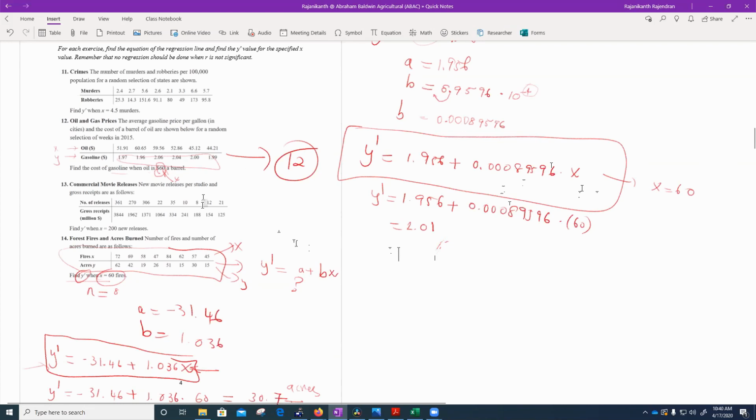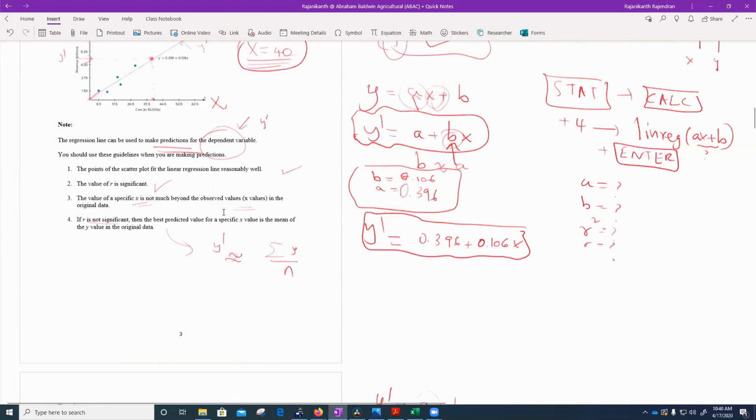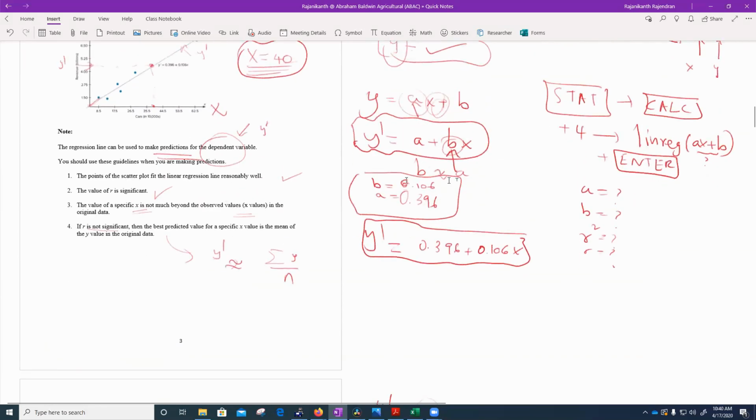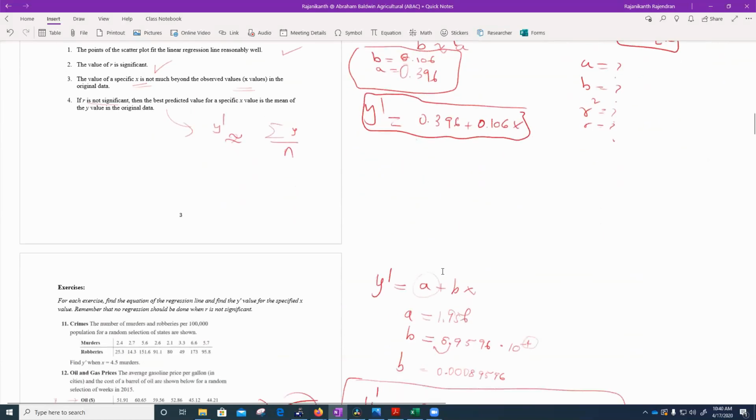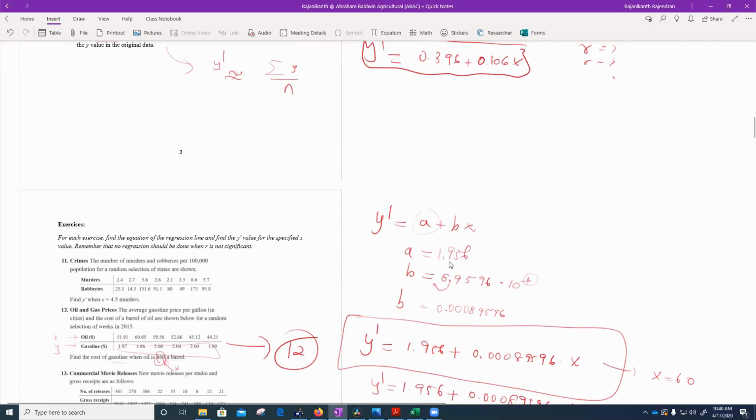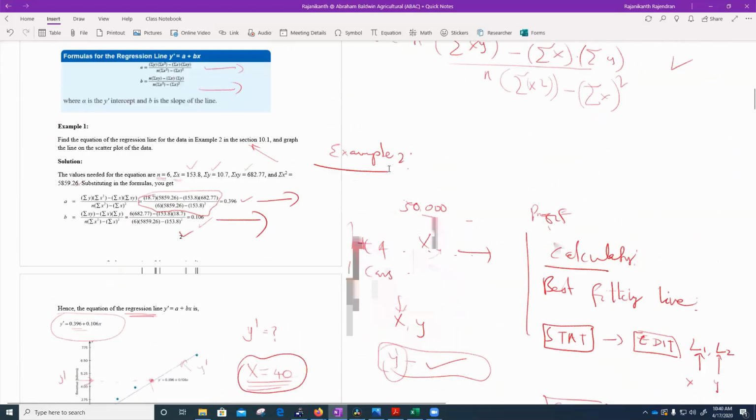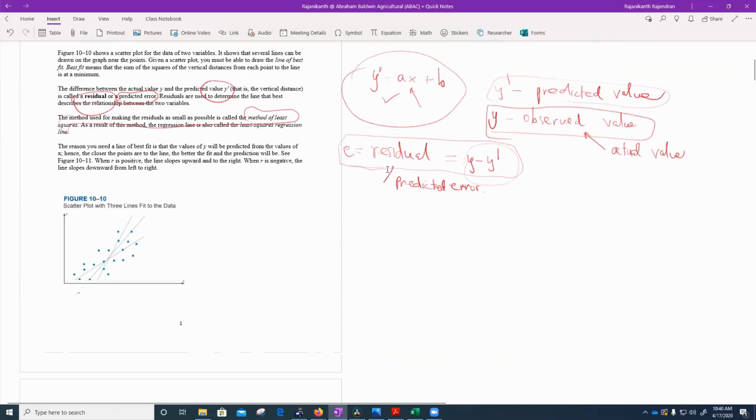So you should be good then. This section is a very brief section and we use the same procedure there. We use the data points, find A and B, and remember the formula: y prime is a plus bx. Your calculator will give you b and a, so you have to switch the values from your calculator to find a and b. Don't forget that. So that's it. We are done with all the